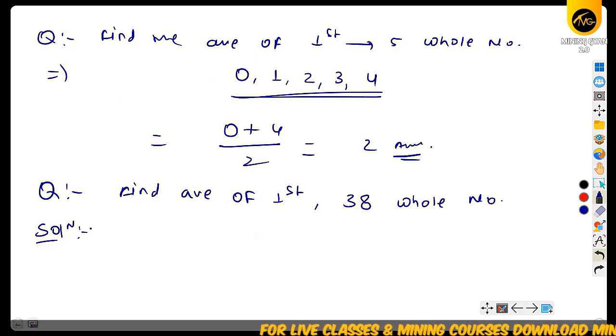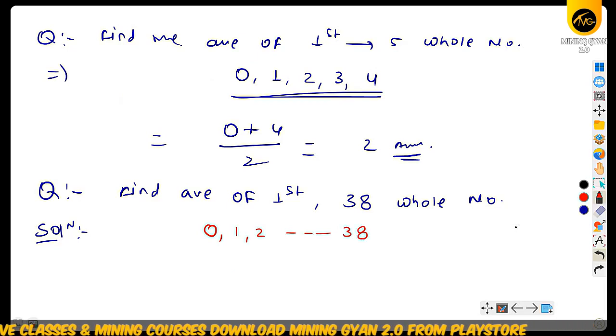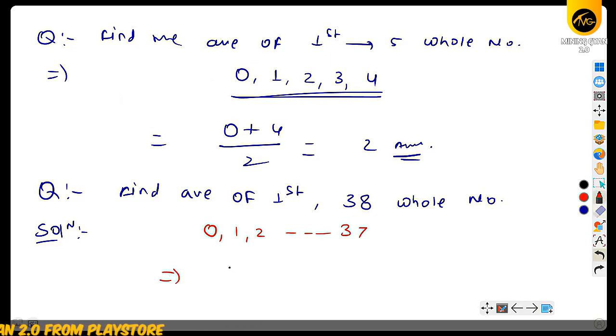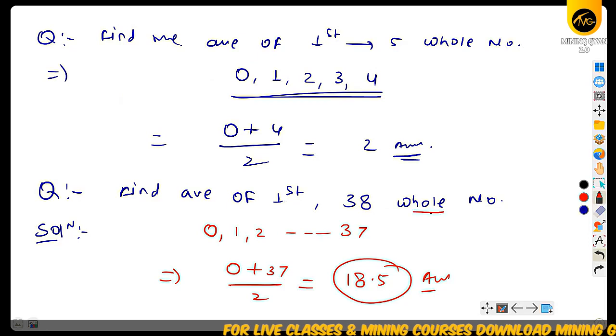Average of the first 38 whole numbers. Okay, 18.5. So what are the first 38 whole numbers? It starts from 0, 1, 2 and goes to 37, because the first number is 0. So the last number will be 37, not 38. So the first number is 0 and the last number is 37, divided by 2. Just divide the 37, that will be 18.5. So the average of the first 38 whole numbers is